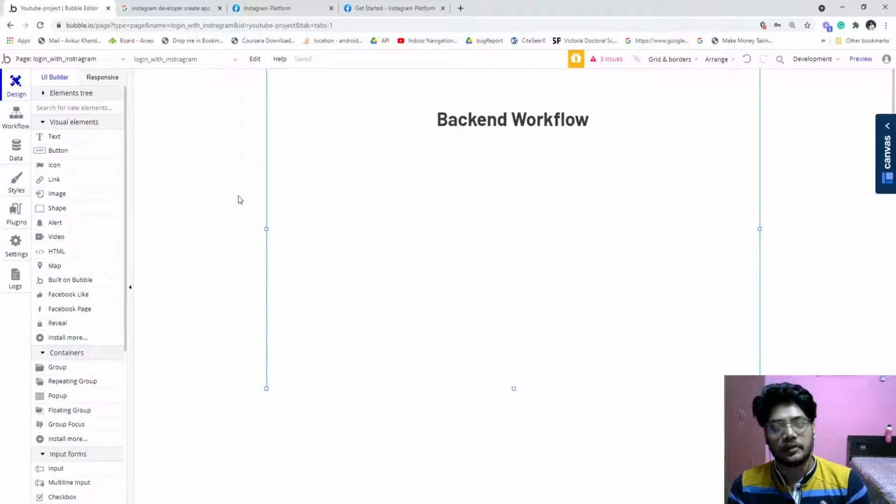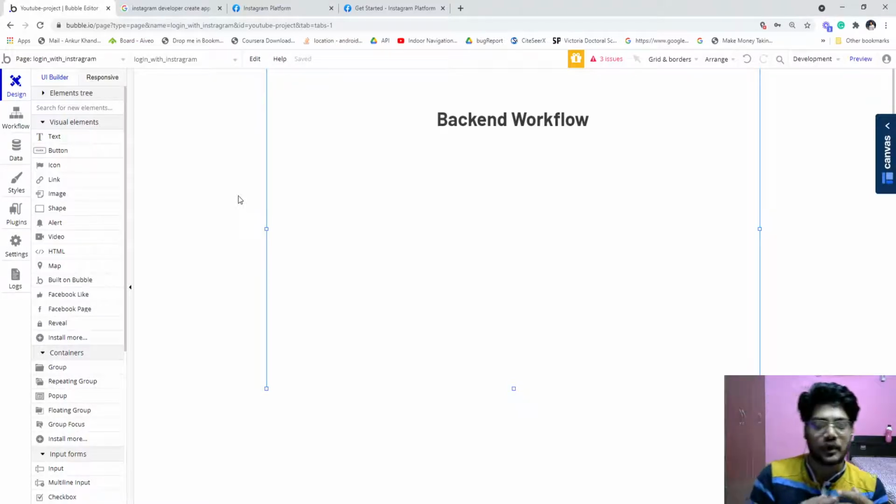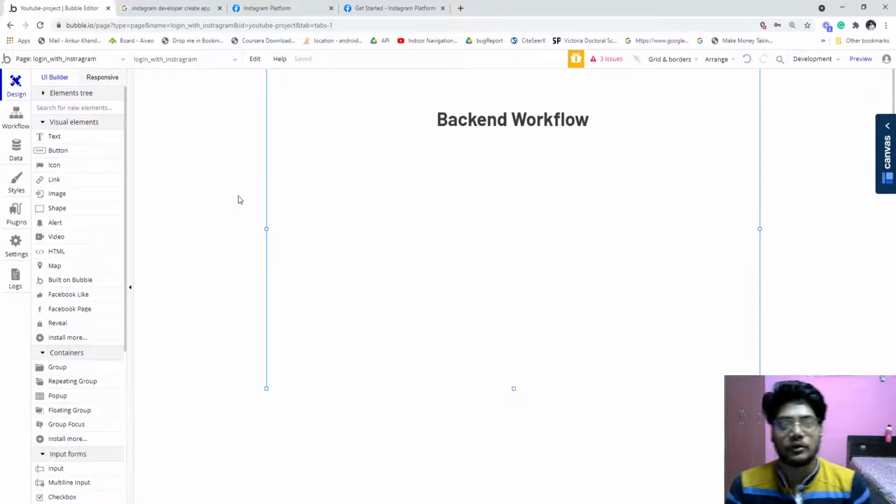If you have already put in a subscription and you have integrated the backend workflow, that subscription will happen, payment will be deducted, and whatever tasks you have written in the backend workflow will be generated and that will be the output, basically. So that's why this is called backend workflow.